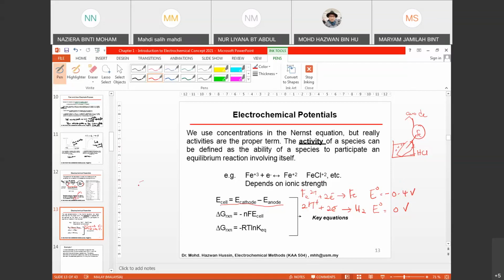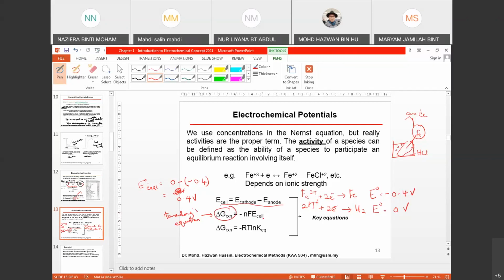The overall E naught cell equation will be 0 minus minus 0.4, then you get 0.4 volt. Okay, all right. So the other two equation is actually known as Faraday's equation. What is Faraday's equation? Faraday's equation actually relates free